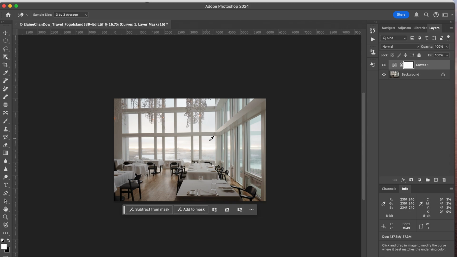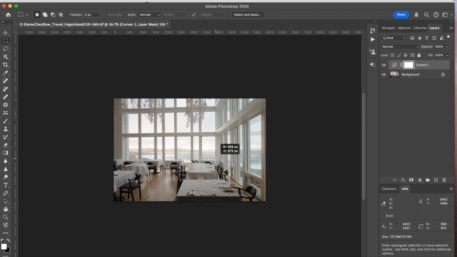Okay, so if I want to fix this a little bit more, because it's perfectly rectangle, I can go to the rectangle marquee. Make sure this is white, and then the mask is selected. I'm going to go over and just go like this, and then hit delete. You see? This only works if your image is perfectly rectangle, square, or circle. Hit delete. And it only works if you're white on white or if it's black on black. So reveal. Oops. Again,